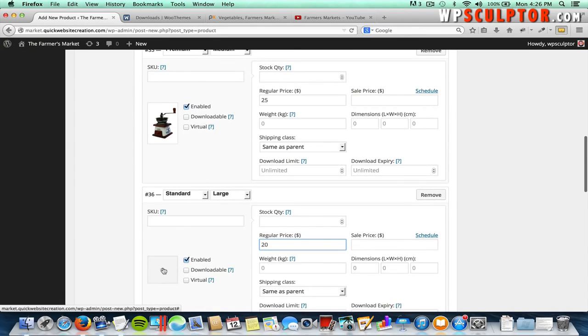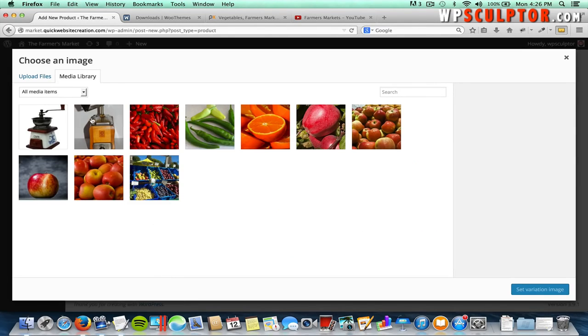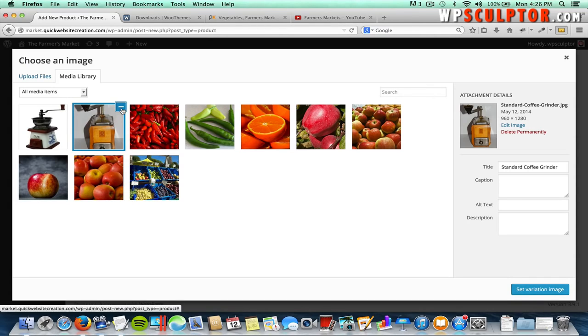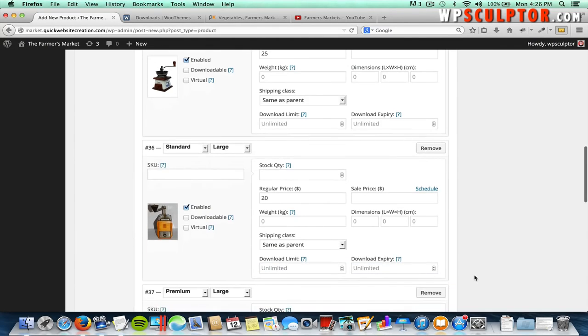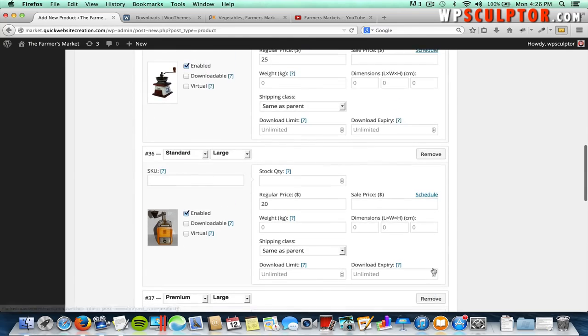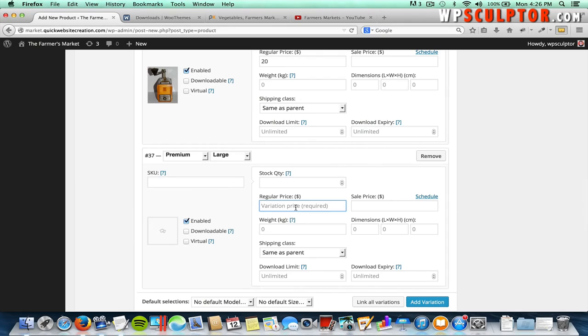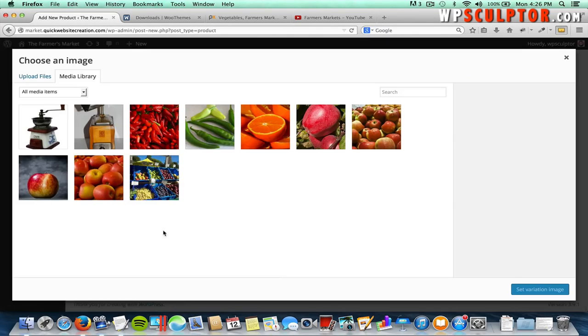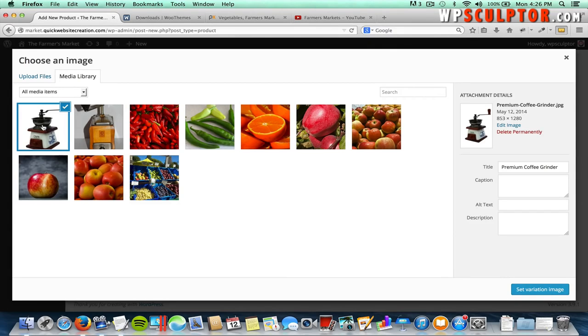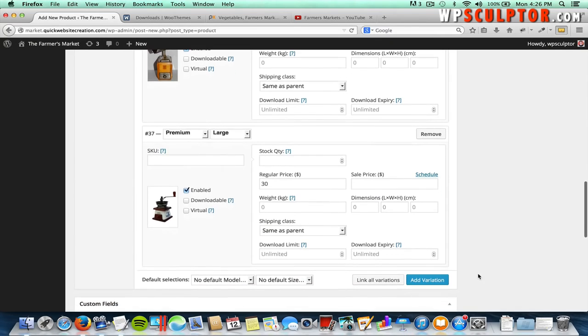So scroll down and click on the icon or that space to add an image. And since we already have it uploaded, we can just click on that. It'll put a check next to that image and click on set variation. Then scroll down, and for the premium large, we're going to do 30 for the price. Type that in there and click to add an image, and we'll select our premium image that's already added to our media library. Click on set variation image,